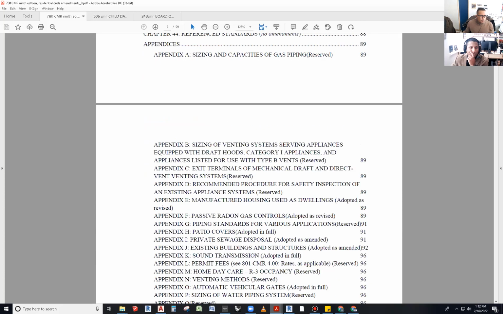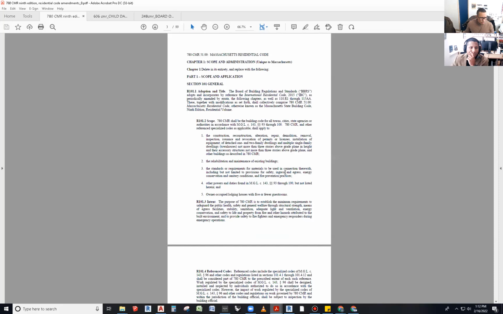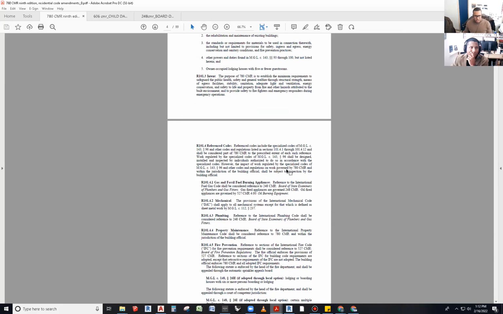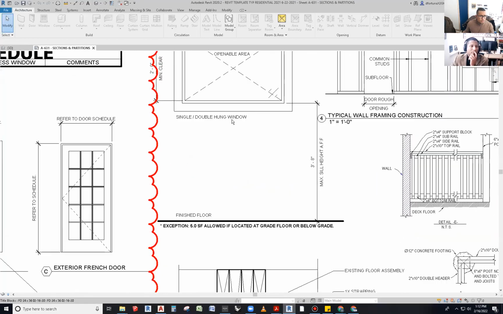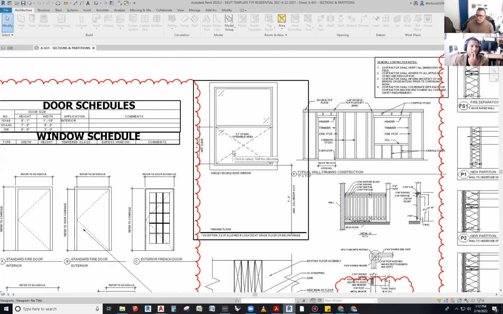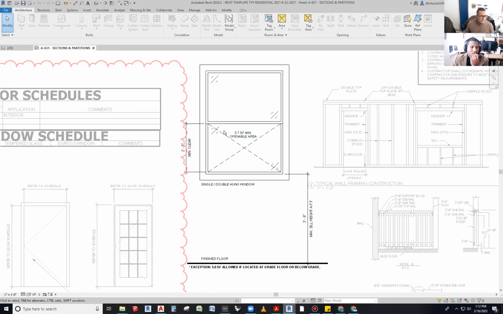And to immediately jump onto the things that can come up, one of them has to do with the egress opening. Remember that every bedroom shall be provided with an egress opening or an egress window. And the egress windows we've been using in our set, although very general, this is the standard code egress opening. 5.7 square feet is the minimum for a standard as per the International Residential Code, but Massachusetts has amendments, and